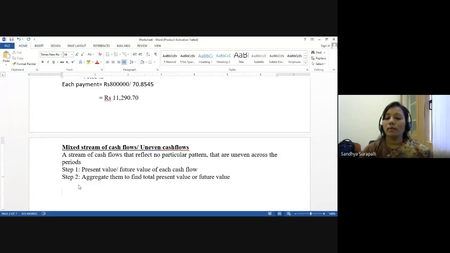So if you remember what we have done for single cash flow lump sum, every year is taken as one lump sum and calculated. Second year is taken as one lump sum and calculated. Third year, one lump sum, one time cash flow, and calculated. Every year is considered a lump sum and calculated, and then we add up each year's.